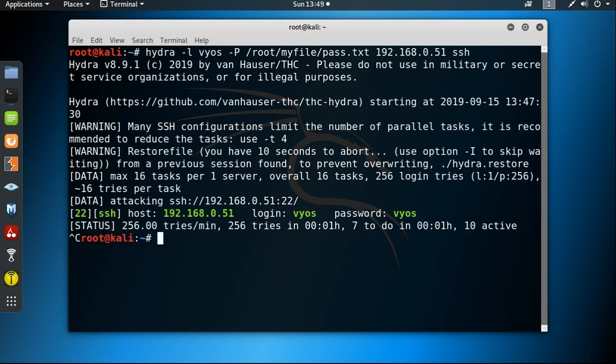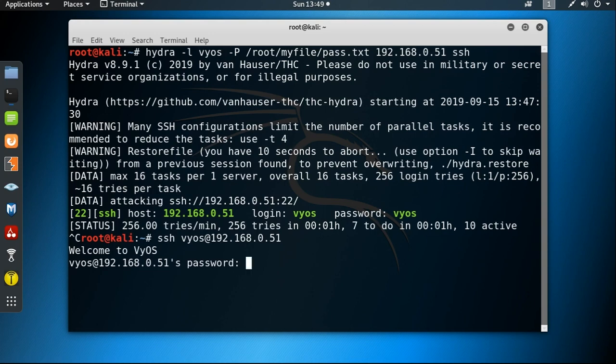Now use this password to log in to that particular system using the SSH service. SSH, then username vyos at the IP address 192.168.0.51, and welcome to vyos, and it's asking for the password.